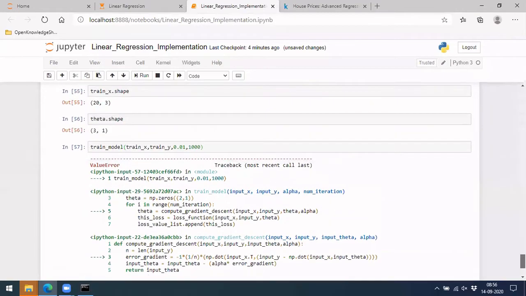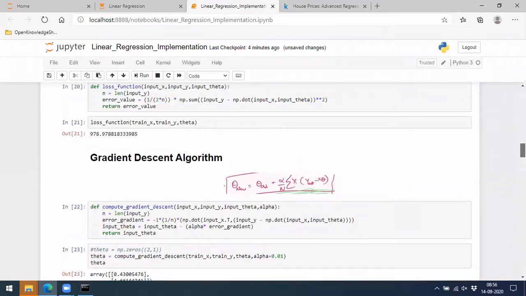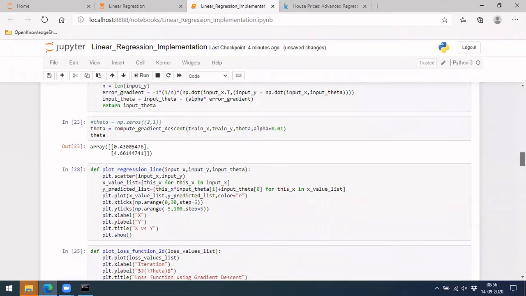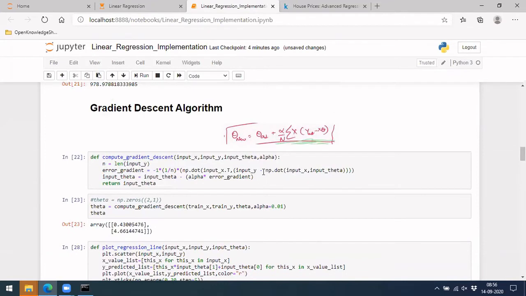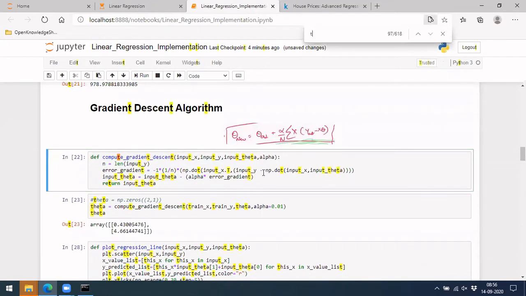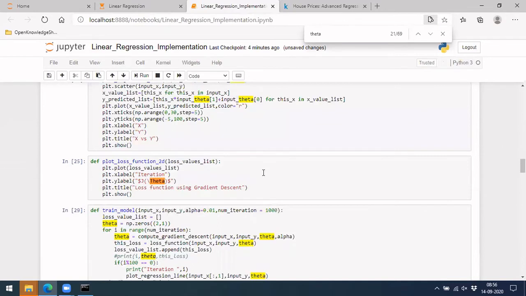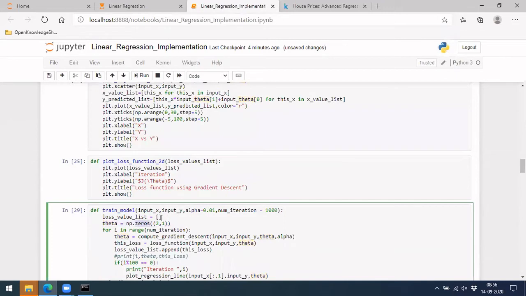Okay, so what is it saying? Oh, did we define theta inside a function somewhere, or somewhere there is a theta which is blocking it? Where is it taking a global value? Let me run theta. Okay, this is fine. Yes, it is here. This is an issue. We have defined theta as 2 comma 1. So instead, what we'll do is we'll move it here.